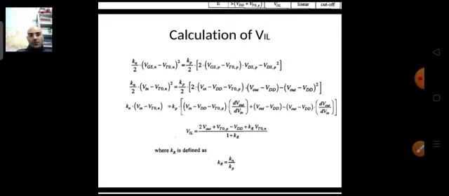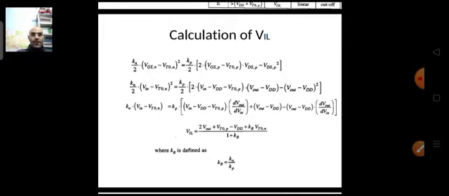Then, as we have seen in the last class, we denote VGSN, VGSP and VDSP in terms of Vin and Vout, so we can write the above equation in a different way. VGSN is equal to Vin, and VGSP is equal to Vin minus VDD. VDSP is equal to Vout minus VDD, because it is drain to source, and the drain is at Vout potential and the source is at VDD potential. Substituting all these, if we rewrite the equation, it will become the equation as seen in